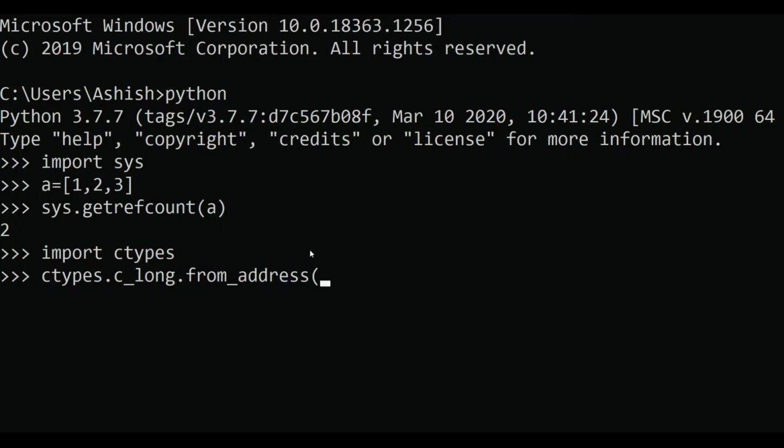It takes the address of the variable, so id of a, or object, dot value. Now it gives the actual reference count, which is 1.